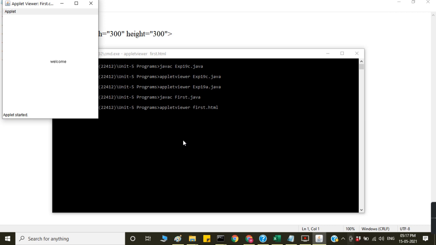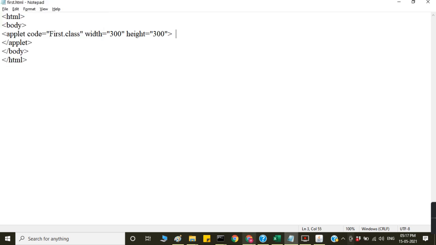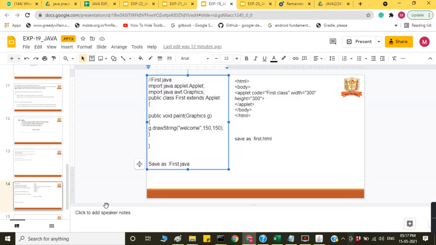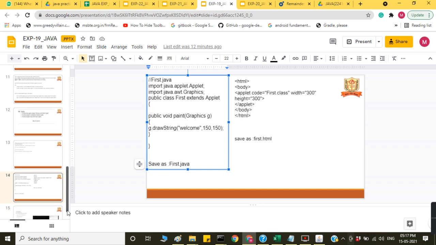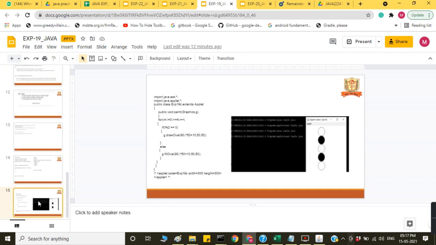The class file, Java file and HTML file should all be in the same folder. Is it clear? So this is the applet width and height, and this welcome is written. So 300 width and height of the applet, and here it is writing this one. Is it clear? Like this, two ways are there to write the applet.